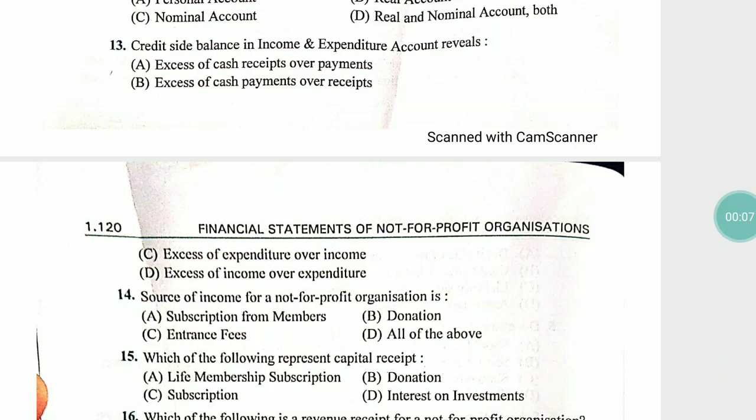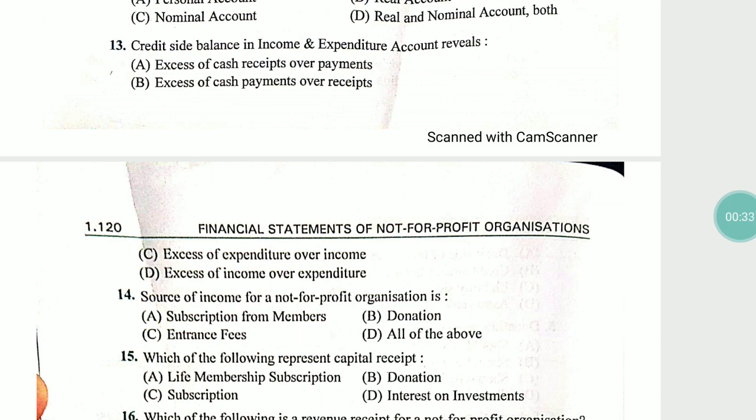This is my second video on multiple choice questions of not-for-profit organizations for class 12 accounts. In the previous video, I already completed a total of 12 objective questions. Now I am going to start the 13th question, which is: the credit side balance in the income and expenditure account